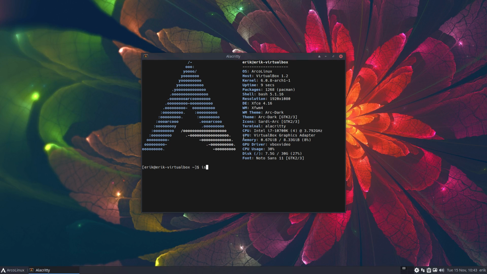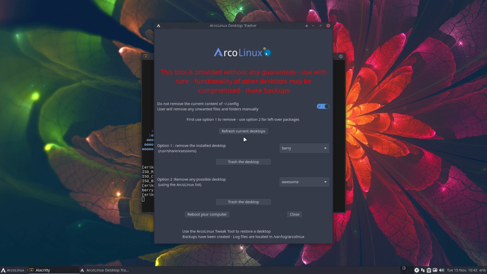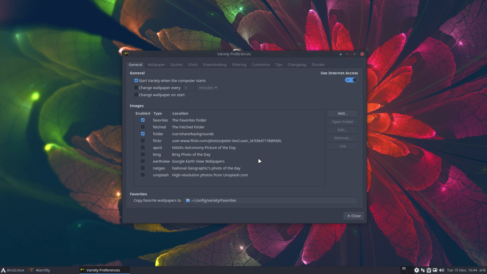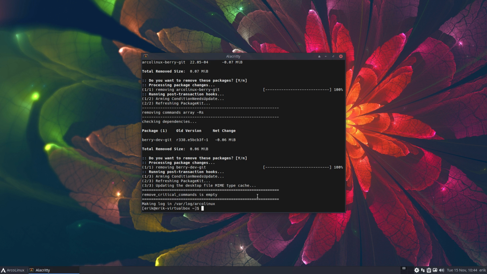So first of all, that's the ISO, that's what we have. We trash the Berry desktop. Voila, trash. That's gone, and we go for hypr. So, well, yeah,